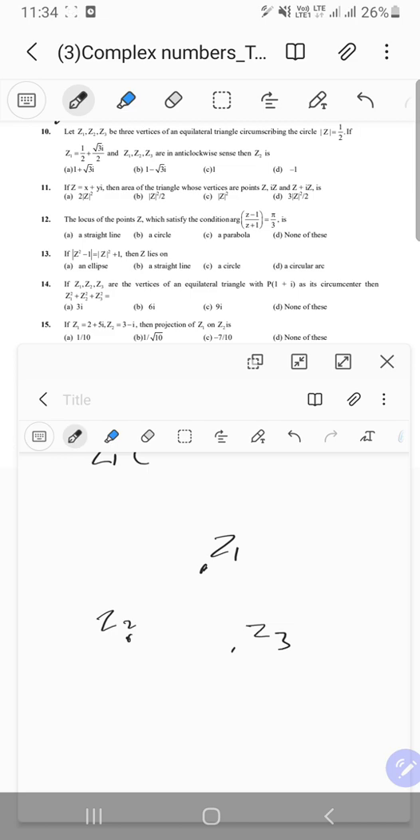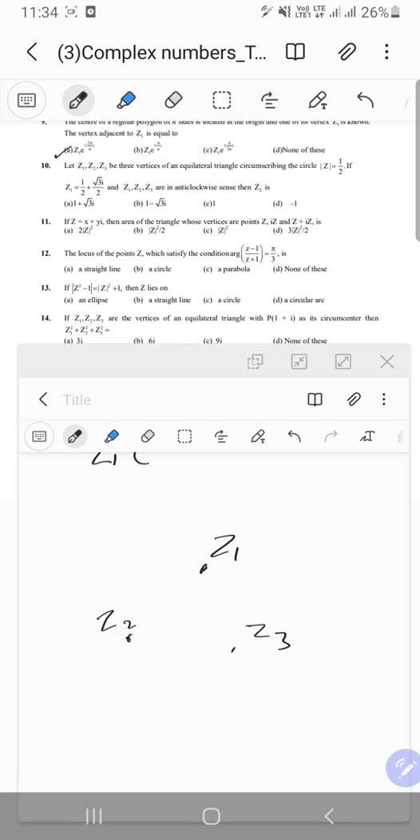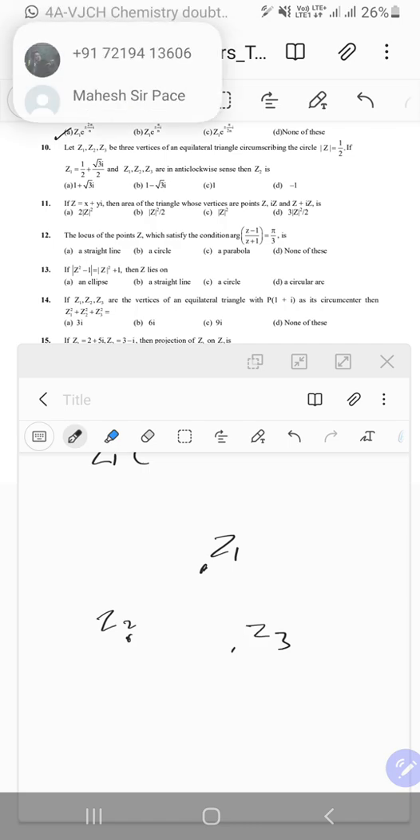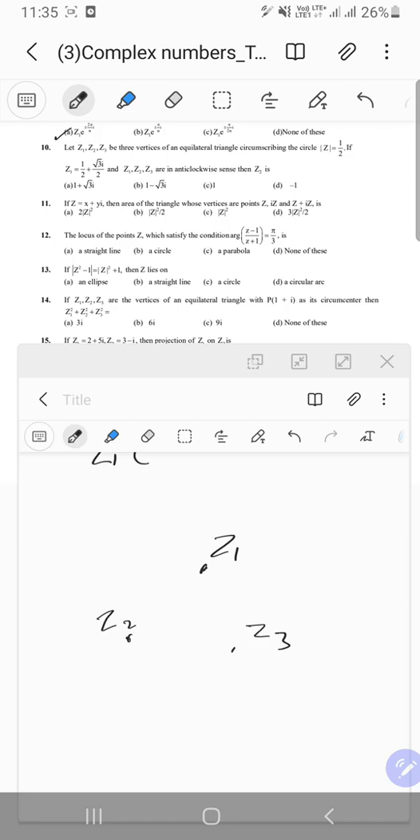Then z2 is, wait, what is this thing? Magnitude of z, which z? There are three of them. Oh, so circumscribing the circle. Okay, so this is an equilateral triangle which is circumscribing this. Right, okay, fine. So this is the circle that it is circumscribing, which means this is the incircle, which has radius 1 by 2. Okay, if z1 is given,